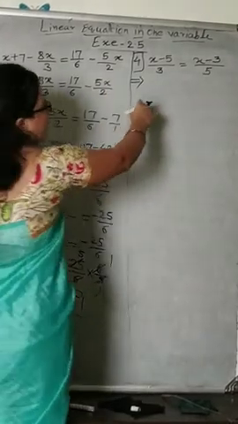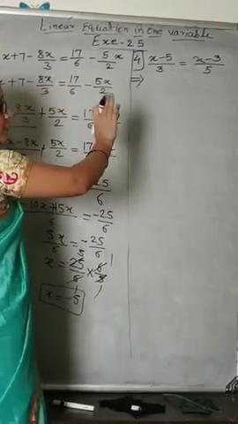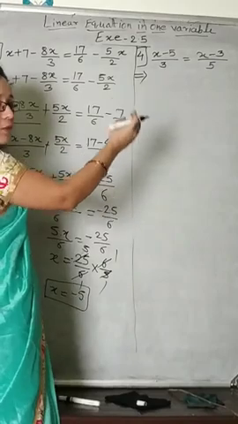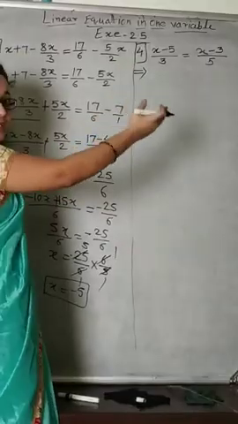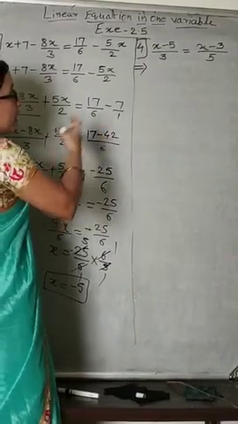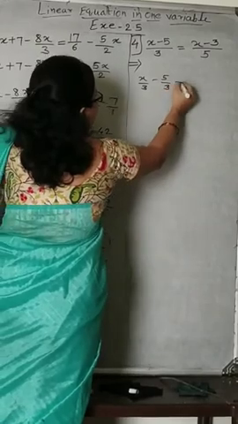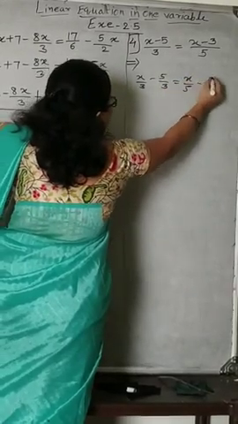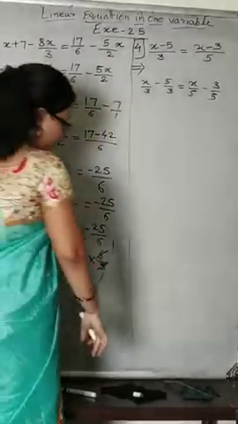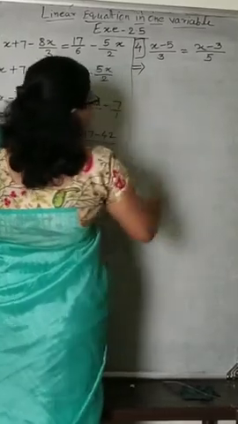Now here is what? x minus 5 upon 3 and x minus 3 upon 5 is there. Now that 3 and 5 are in division. They can go to LHS in multiplication and to RHS in multiplication. Means 3 can go to RHS in multiplication and 5 can come to the LHS in multiplication. Otherwise you can do it this way also: x upon 3 minus 5 by 3, then x upon 5 minus 3 by 5. Then it is going to be very lengthy. That's why whatever division is there, it will come to LHS in multiplication.